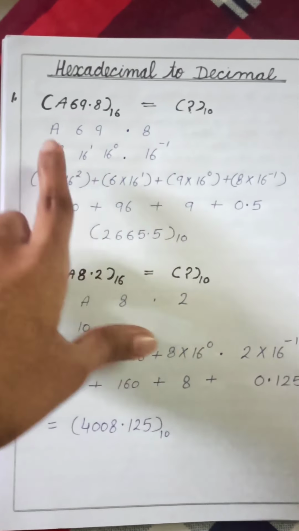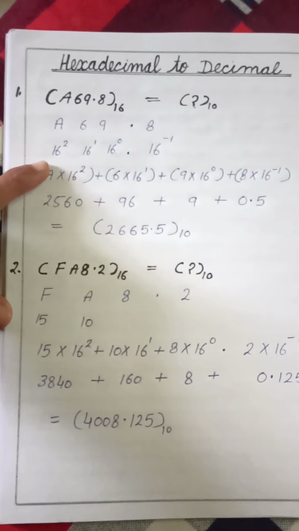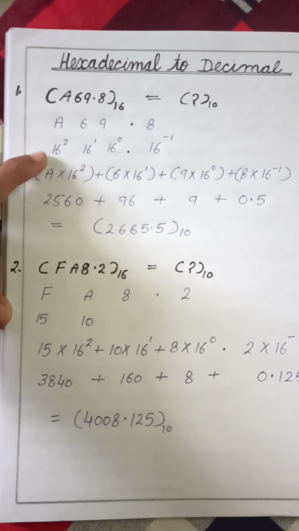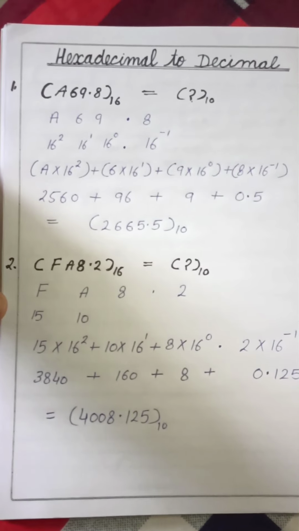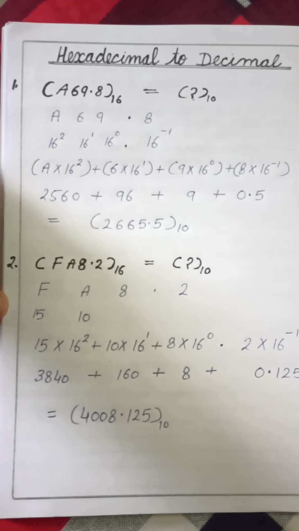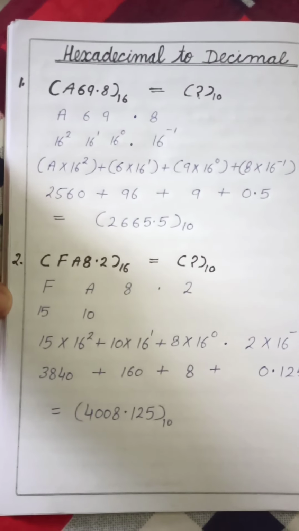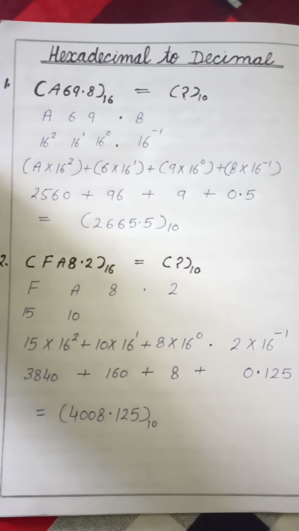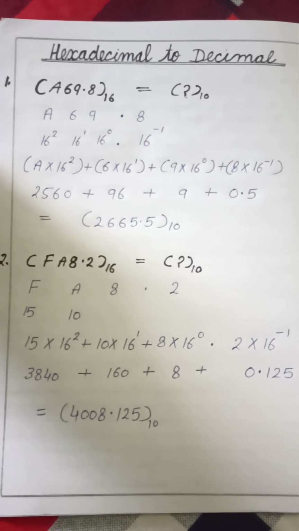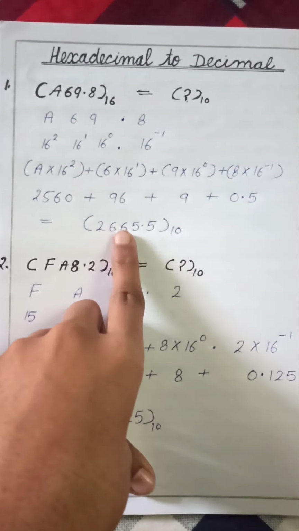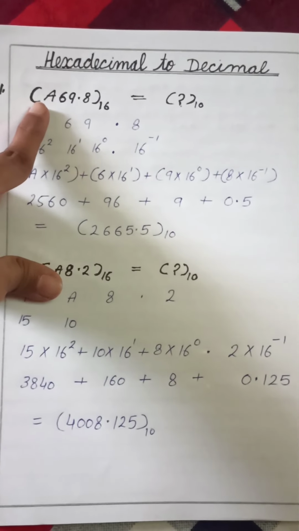And also, we have to convert this A into decimal first. So, the decimal value of this A is 10. If you have a doubt regarding how we convert this A into 10, I will provide a video in the I button. Do check it out. So after all this, this will be the decimal value of this hexadecimal number.